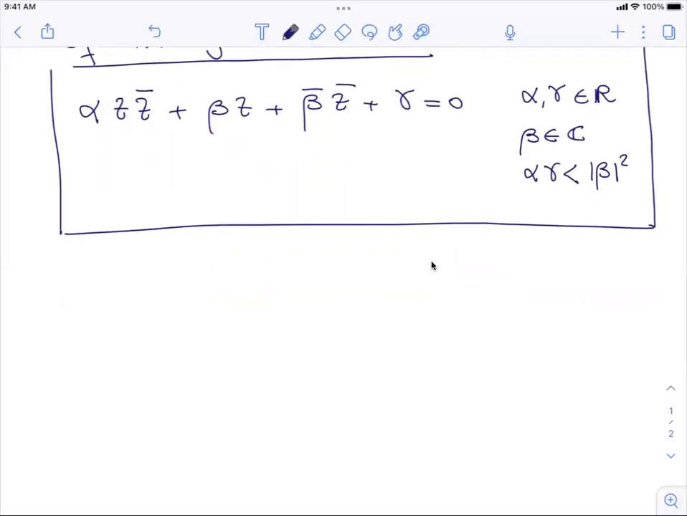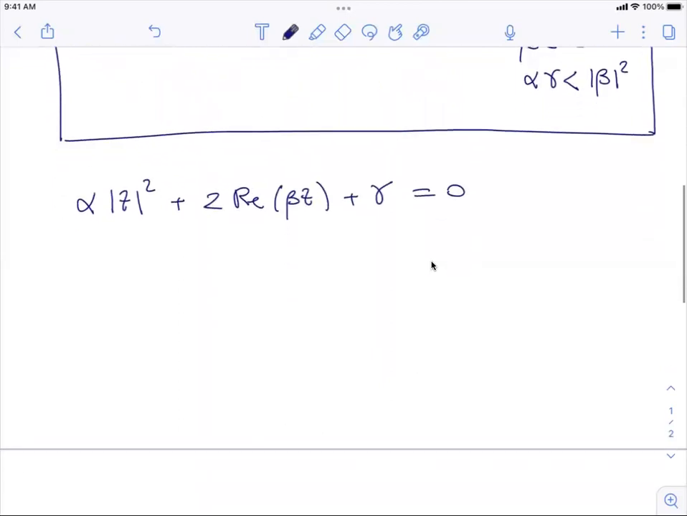Why is this the equation of a circle? If you notice by what I said, we actually have here alpha modulus of z squared, and then here we have twice the real part of beta z, and then we have gamma. But then here, when we write, let's say, beta equals a minus ib, this minus is just for convenience, and z equals x plus iy, then